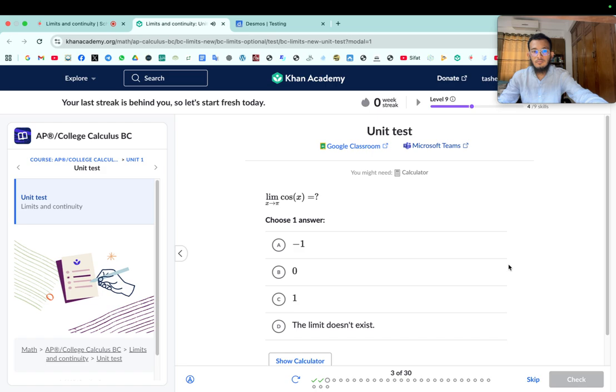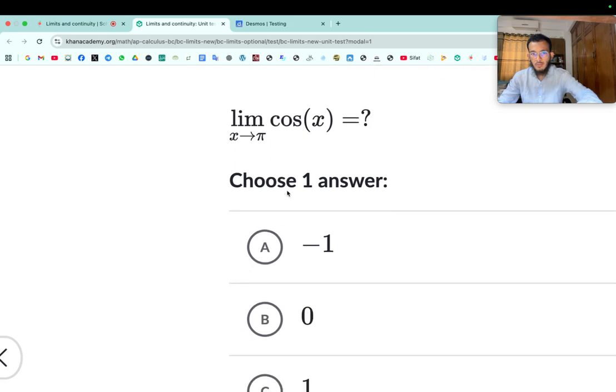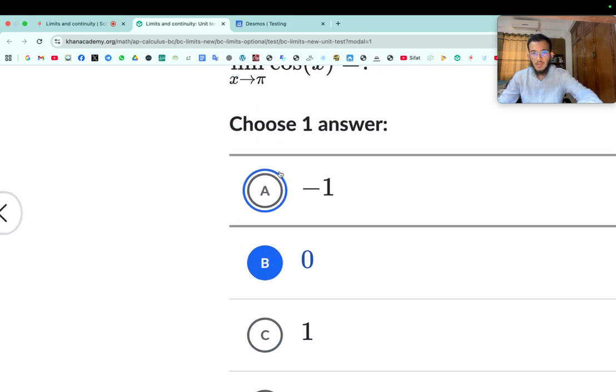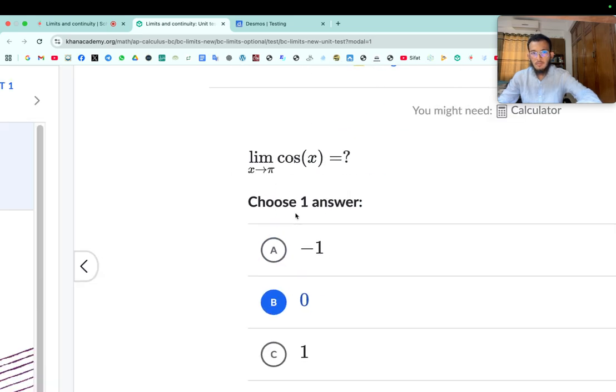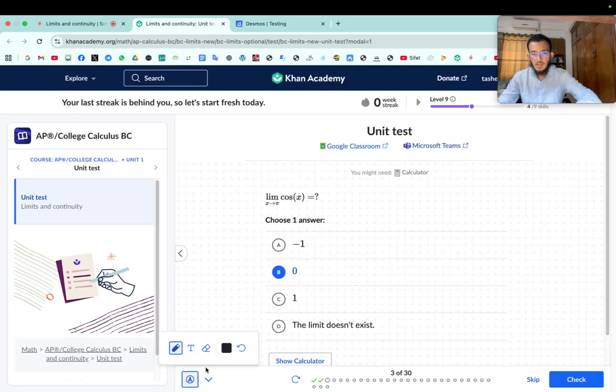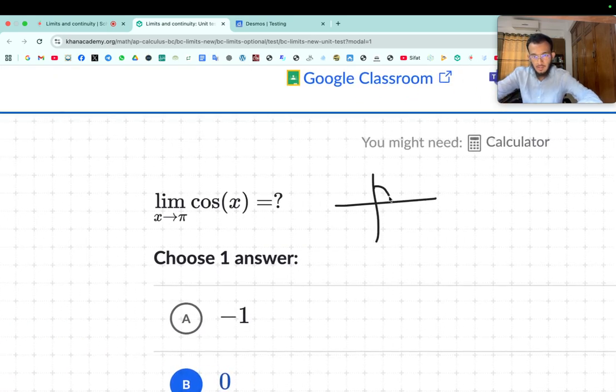All right, what is the limit of cos x as x tends to pi? Well, it's 0, because we know that cos pi is 0. And pi means 180 degrees, and cos has a graph of something like this. So this is 0, this is pi, and